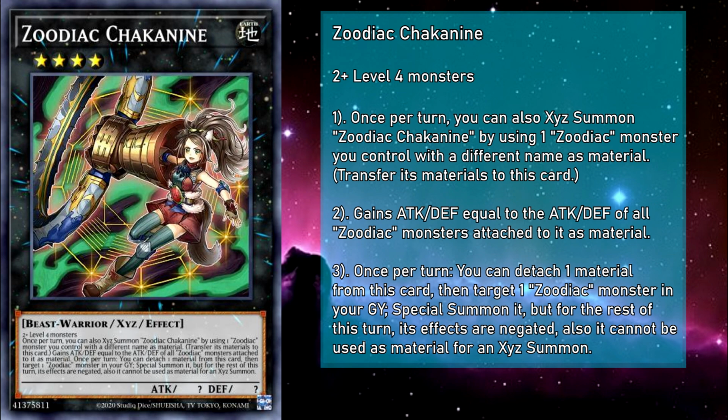Zoodiac Ramram requires 2 or more level 4 monsters as material, and once per turn you can detach an Xyz material from this card, then target a Zoodiac monster in your grave, special summon it, but for the rest of the turn it has its effects negated, and also it can't be used as Xyz material for a summon. That sounds really counterintuitive, but it's actually really good for setting up your non-Xyz Zoodiacs, namely Ram, as it